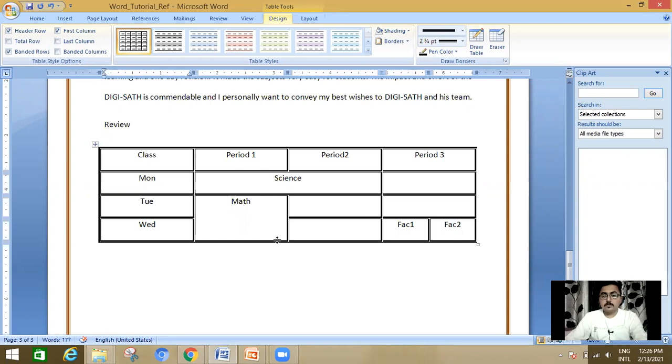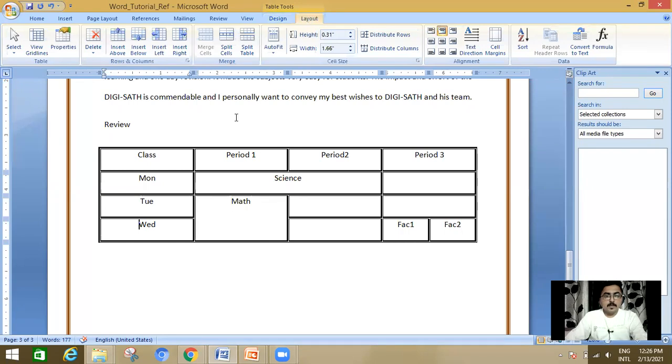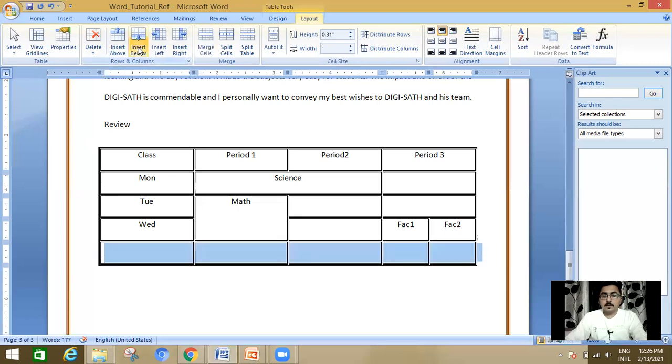Click on the row from where you want to insert a particular row, either above or below. Go to the layout tab. There will be a rows and columns section. Click on insert below. The new row will be created. Like this, you can insert a row above any row.